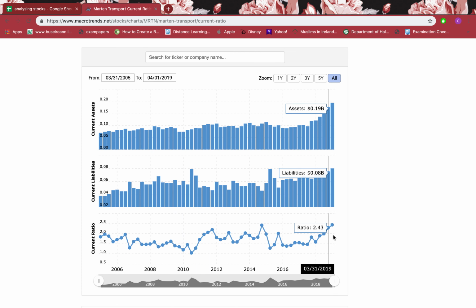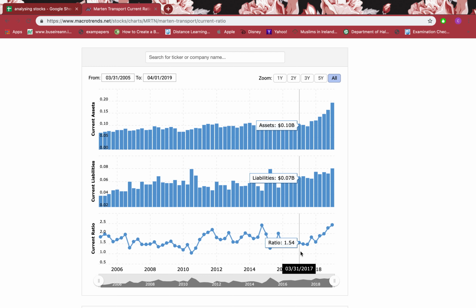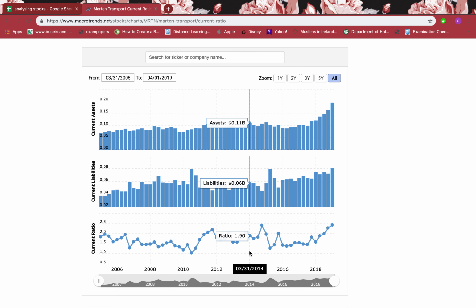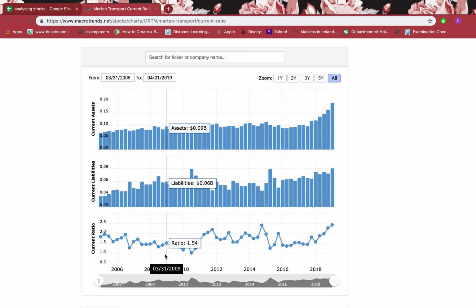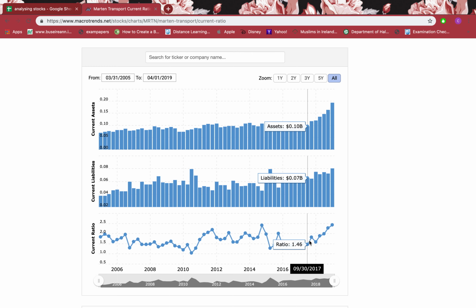So we are looking for 1.5 or more. It's a lot more than 1.5. And that means it's not risky, it's very secure. Let's look at the previous ones. In September 2017 it's a little bit less than 1.5, and then in June 2017 it's also a little bit less than 1.5. Then previously, it's fluctuating, it goes up and down, so I wouldn't say it's a fixed thing, but it's not going very far below 1.5, so it's up to you